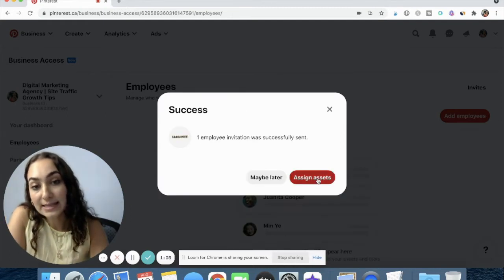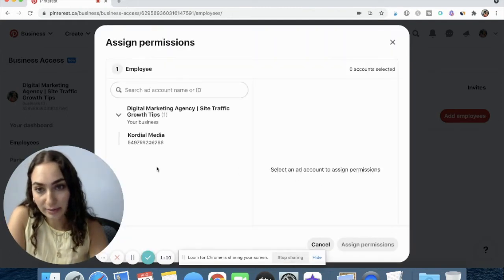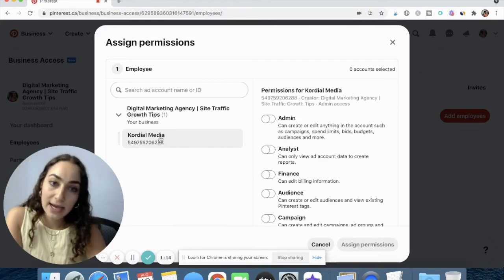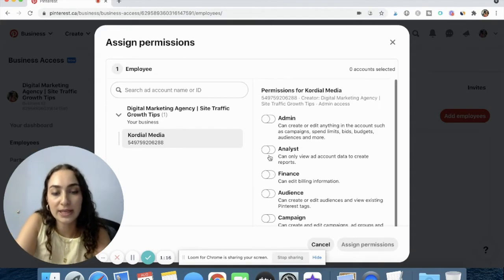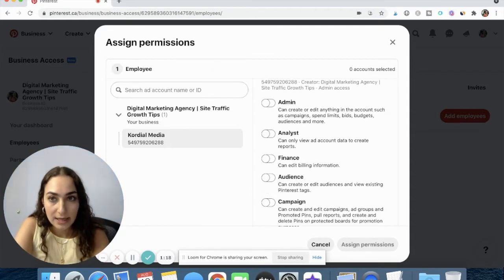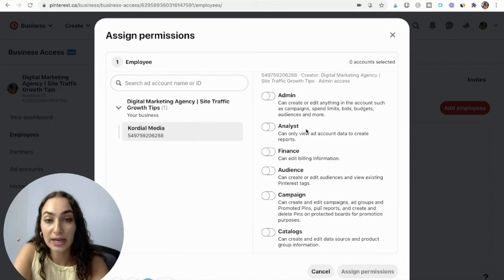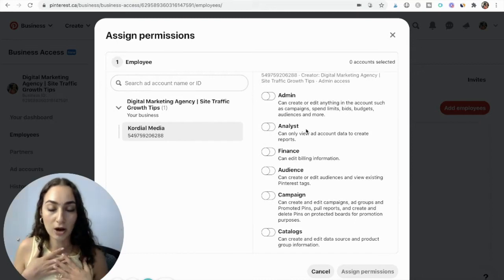Now you want to assign assets to the employee. So you're going to assign basically your ad account, and then you're going to choose exactly what they can and cannot edit. If, let's say, you are delegating this to a marketing agency like Cordial Media, like our marketing agency,